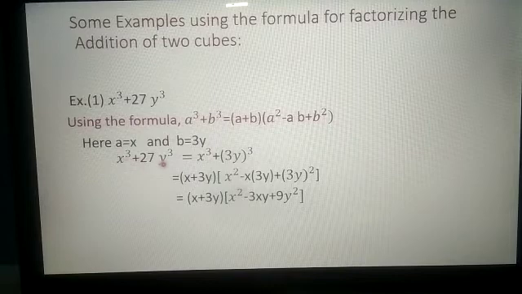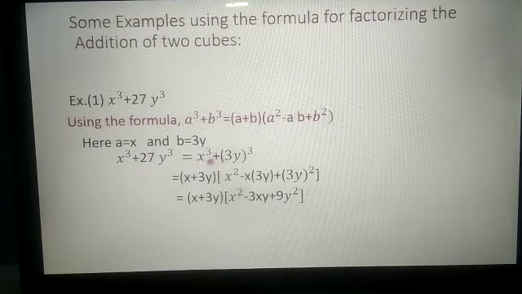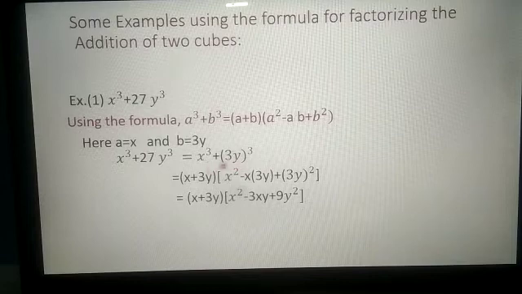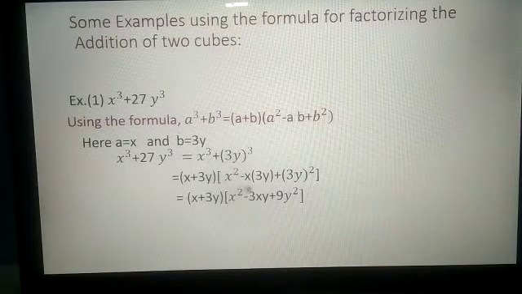So x cube plus 27y cube is equal to x cube plus 3y whole cube, because we will keep it in the form a cube plus b cube. Now what is a cube plus b cube? In the first bracket we will keep x plus 3y and in another bracket x square minus x into 3y plus